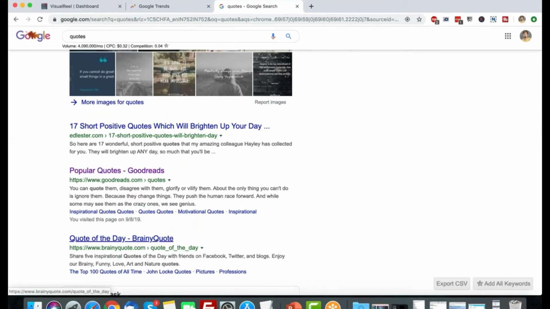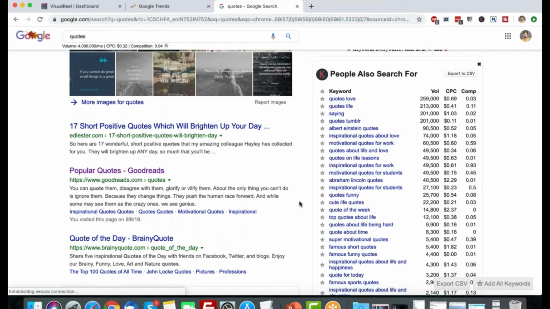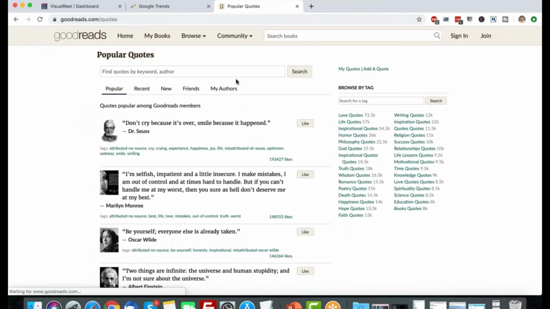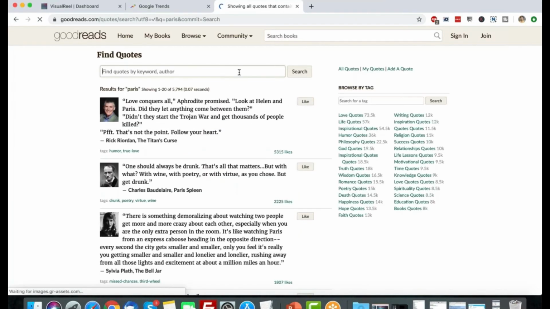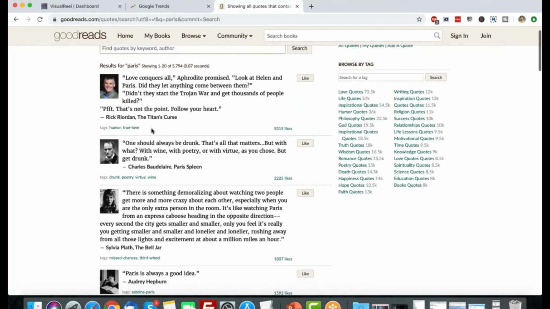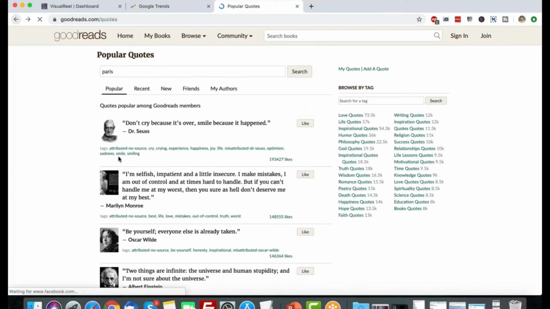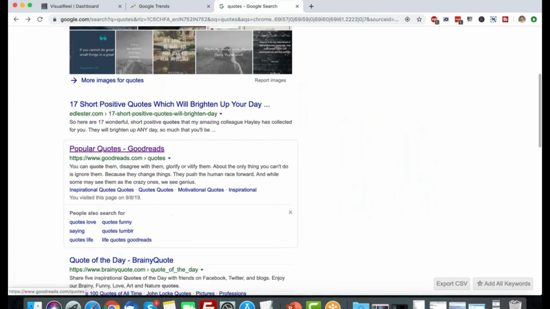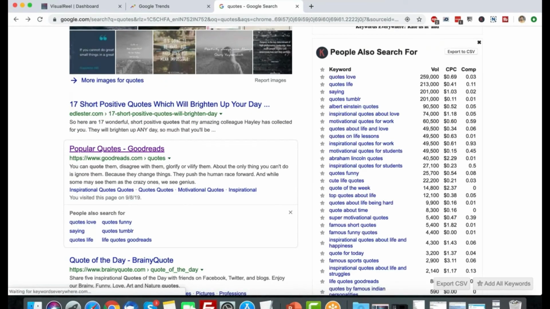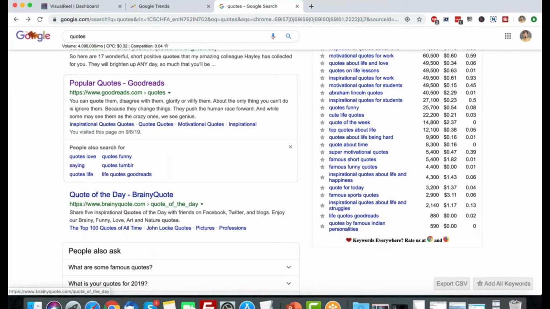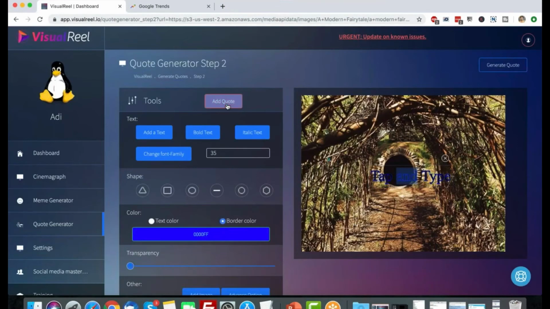They have so many quotes, and you can search through them, pick them, and convert them. So let's say you want a quote about Paris, you can just type Paris and it'll give you so many examples of quotes you can use about Paris as a city. Again, you can easily find quotes. If you don't have any that you want to use, you can use goodreads.com or brainyquote.com, either of them. Or you can click on the add quote button over here.